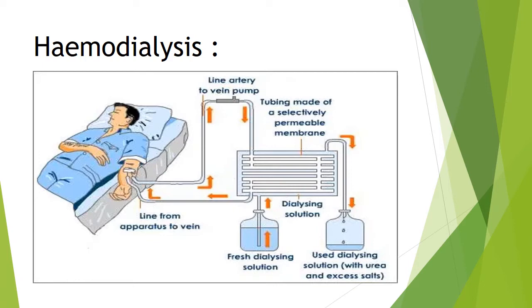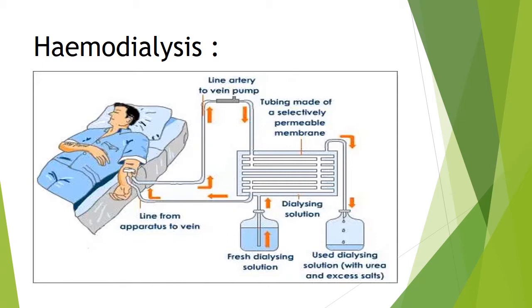Firstly, the hemodialysis machine consists of two components. First, the pump. Second, the dialyzer. Now, the blood moves into the tubes of the dialyzer from the top through a blood pump. On the other hand, dialysate pours into the machine from the bottom. What is dialysate? Dialysate is basically a dialysis fluid, a solution of pure water, electrolytes, and salts such as bicarbonate and sodium. The main purpose of the dialysate is to pull toxins from the blood into the dialysate.